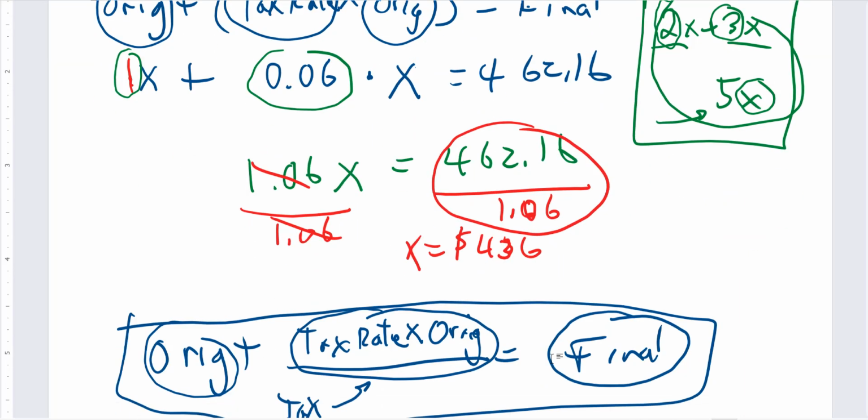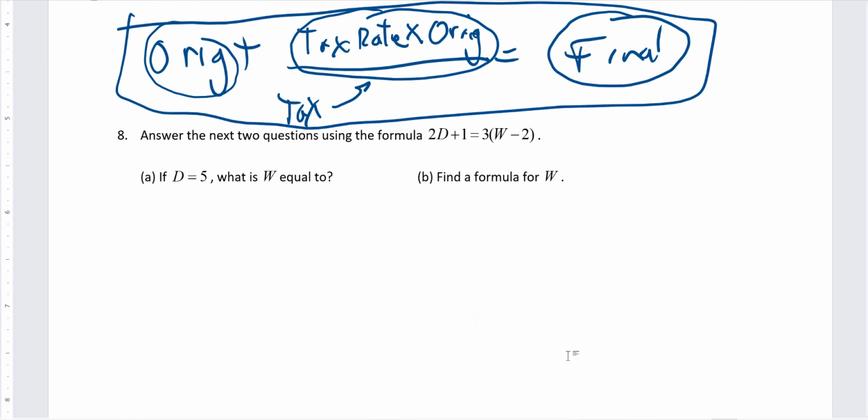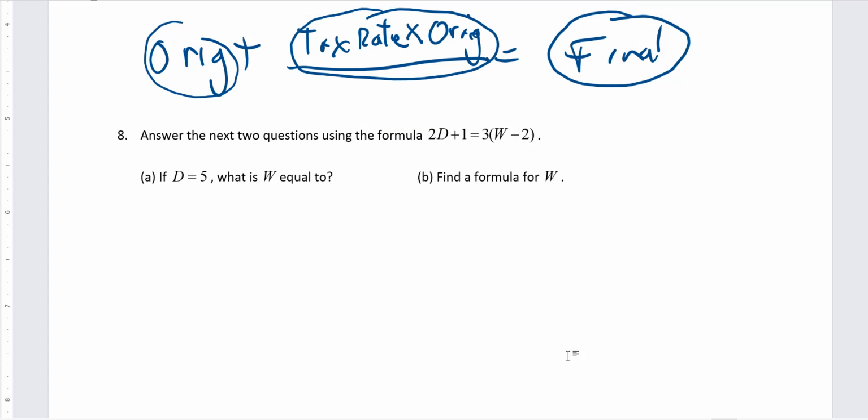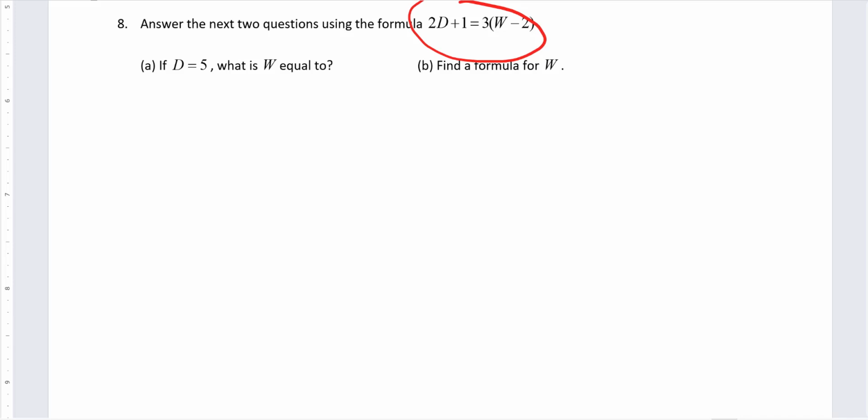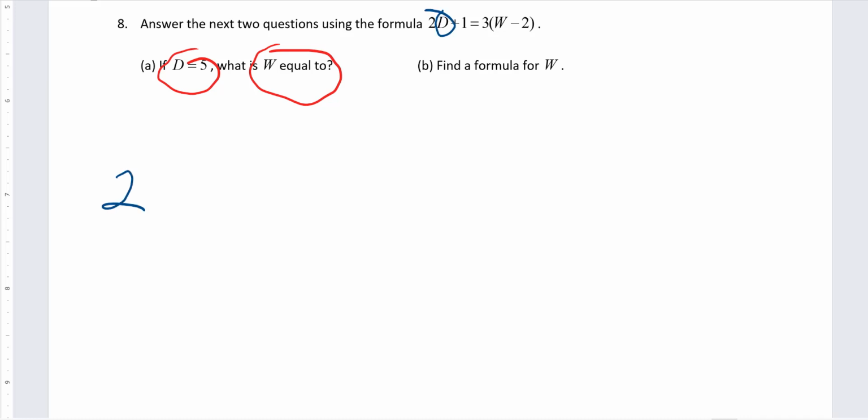Okay, let's move on. Let me just get this out of our sight. Okay, we have a formula, and the question has two parts here. The first part of the question is, what would W be equal to if you plug in 5 for D? Well, that's pretty easy. You just plug in 5 for D. So you get 2 times, instead of D, 5, plus 1,